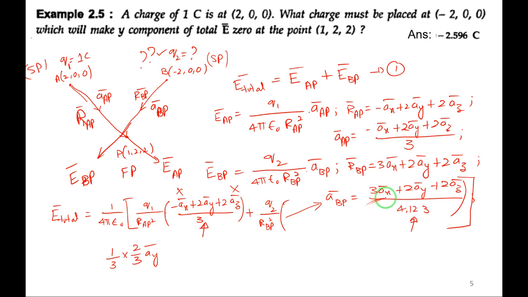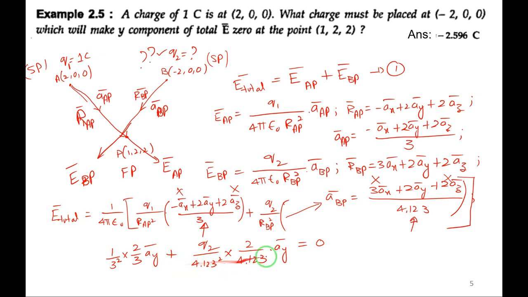Next, I will shift here and take only the Y component. I will discard the X component here and take only the Y component. I have to multiply Q2, right? So plus Q2. We don't know this, we have to find it out. And what is RBP? RBP means 4.123 square. Here I have made a mistake. RAP is 3, so RAP square means 3 square it should be. So RBP is 4.123 square, into just the Y component, 2 by 4.123, and equate it to 0, because only the Y component of the field should be 0, not the entire field. So equate it to 0 and find out Q2.